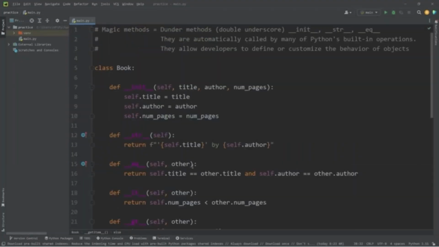Much better. Alright everybody, so those are magic methods, also known as dunder methods, meaning double underscore. They are automatically called by many of Python's built-in operations. They allow developers to define or customize